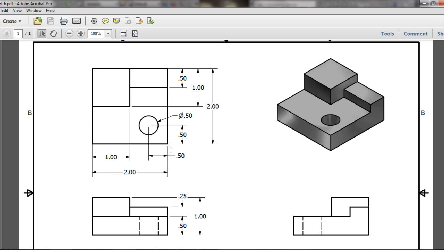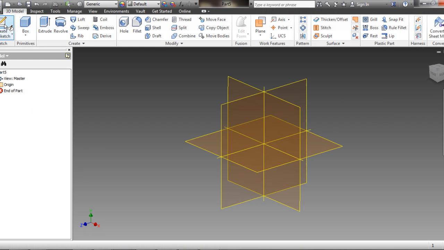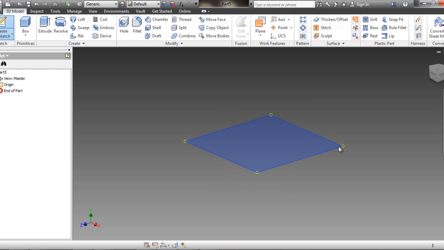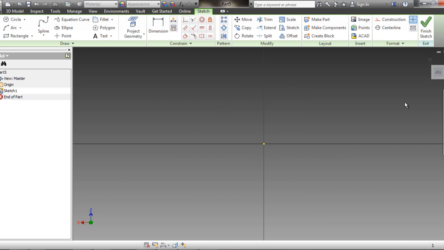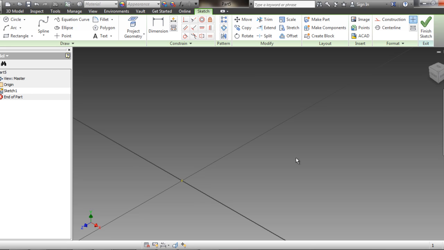I'm going to start with this square, which is going to be 2 inches by 2 inches. So in Inventor, when we start our 2D sketch, I want the plane that corresponds to the top view, which will be this plane here. Again, it does some sort of goofy upside down top. I'm just going to click home, so we're at the isometric view where it looks kind of 3D, if you will. I'm going to grab the rectangle tool,